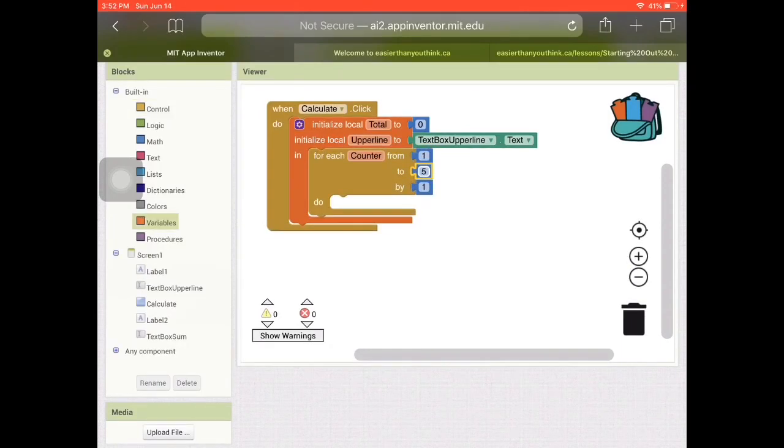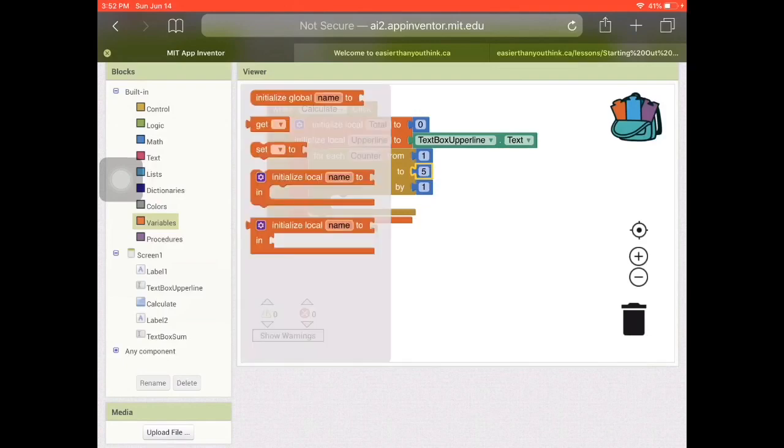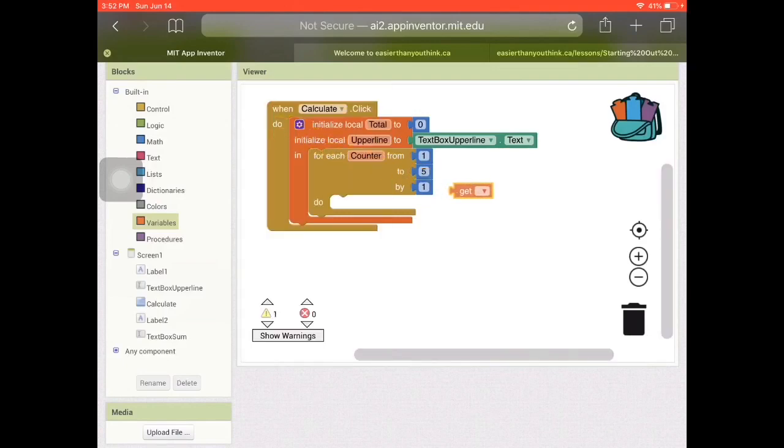We will initialize the to socket to get upper limit, since that would be the value the loop would end at. So we'll go to the variable section and we'll drag the get block,